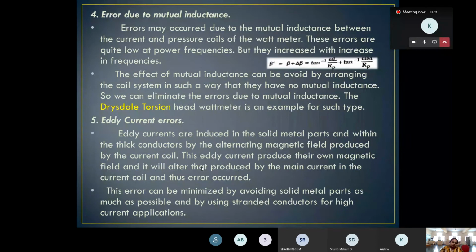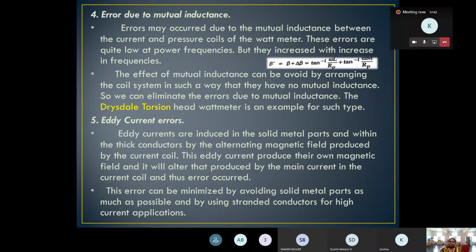In some elevators, sometimes it will be affecting there because we use huge metal parts in such ways. Or in fairs, if you go, the giant wheels like that will get these eddy currents. In the electrical machines at industry level, you will come across these eddy current errors. Okay, this error can be minimized. How can we avoid this? We have to use such a metal part that eddy current does not occur. That's the point here.